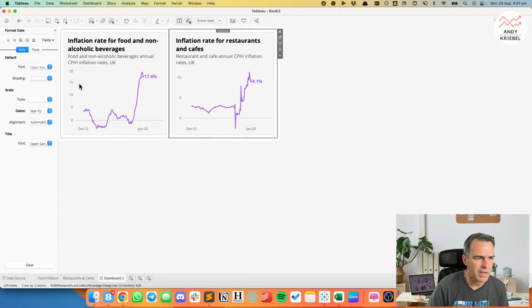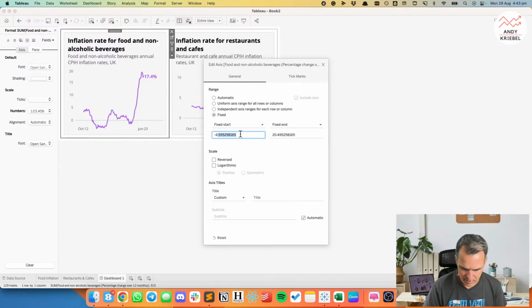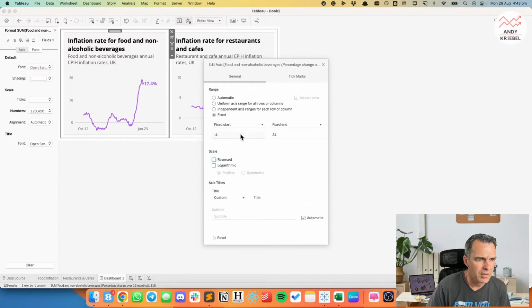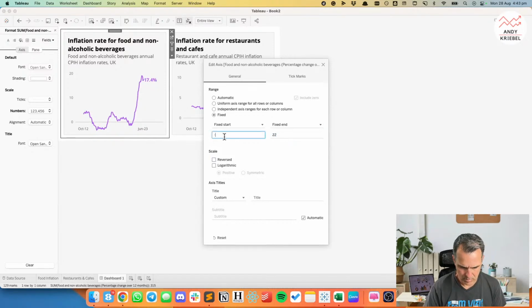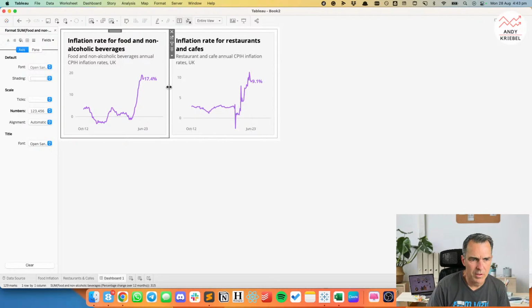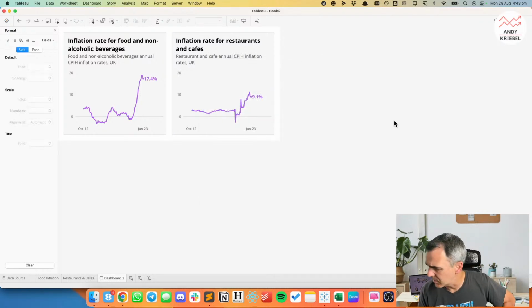Right, so we should probably line up the axes. So that's a good idea. So let's say this one needs to go from, let's just say -4 to 24. Maybe, let's say, okay, -7 to 22. And let's do the same thing here. And now everything should line up nice and neat. So great suggestion there. Thank you for that.